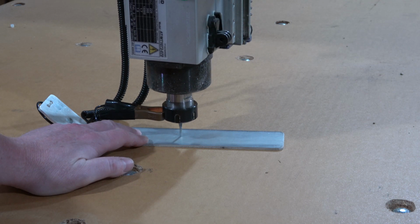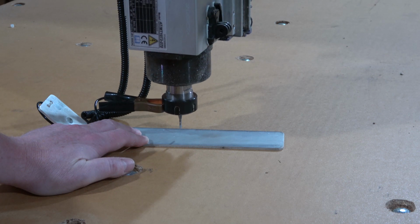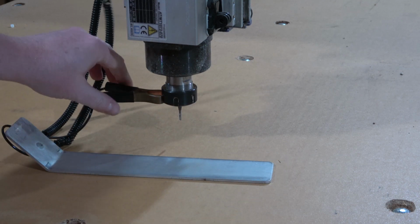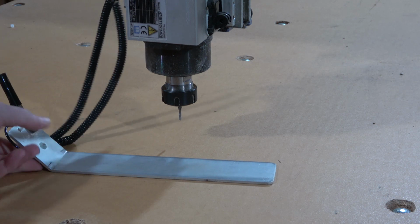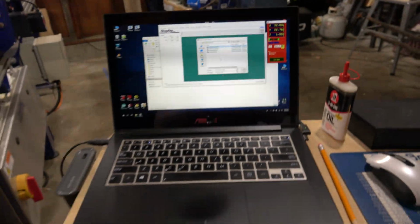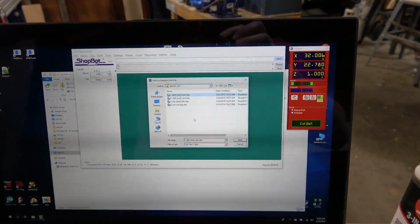It's just going to complete a circuit here and use that as the 0 Z. So the software knows the thickness of the reference bar, and it just adds that to the Z point at which it detects contact. So this is the software that controls the CNC machine. I have it on one of my older laptops. And yeah, we're just going to load up this